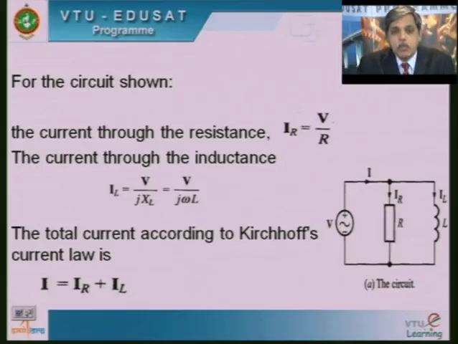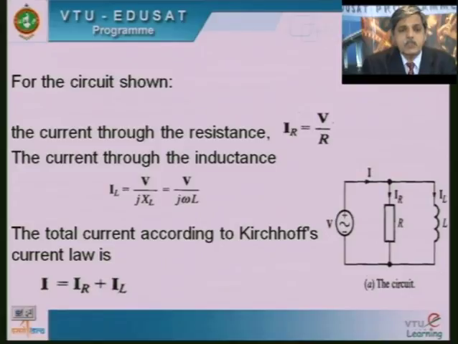Now this voltage applied across the resistor gives us a current of IR equals V upon R as per Ohm's law, and the current through the inductance is given by IL equals V upon jXL, where this XL has a unit of ohm, and this expression IL equals V by XL also gives us the same Ohm's law. Now the XL we have here is due to the inductance of the circuit, therefore I call it the inductive reactance.